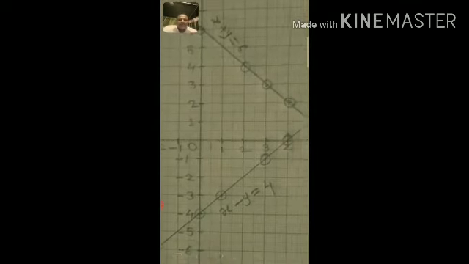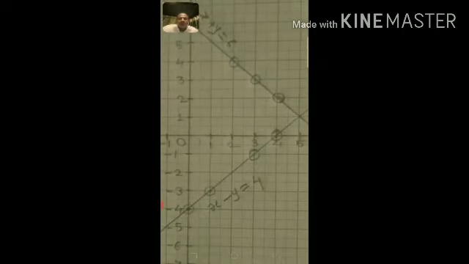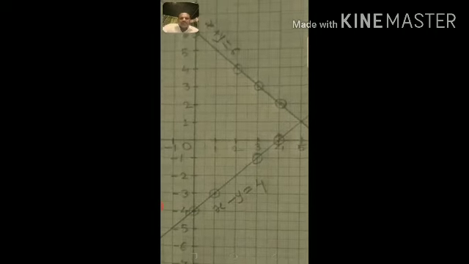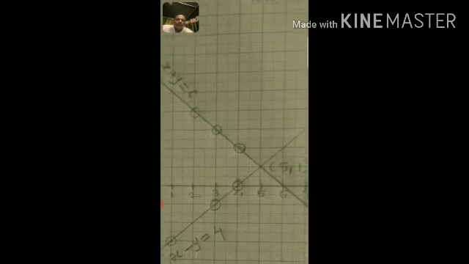Then the third point is (4, 2). This 4 is on the x axis and 2 is on the y axis. This point is given here, and then the last point is (2, 4). x axis 2 is this, and y axis 4 is this, and hence these 4 points are plotted on the given graph. And then I will draw a line.